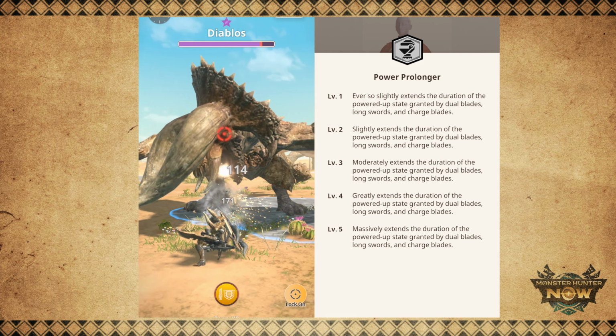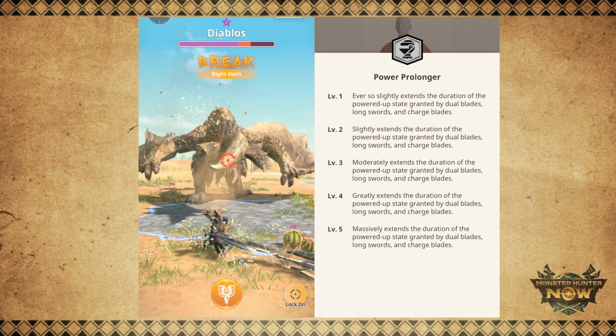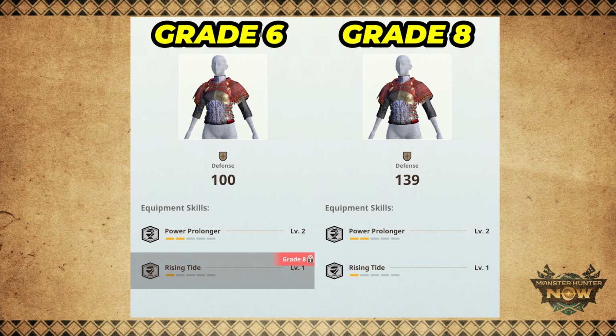So Power Prolonger is a great skill to have for the charge blade and the dual blades, making the Coral Mail a great armor piece to have. It has 2 points of Power Prolonger at grade 6, and at grade 8, it unlocks 1 extra point of Rising Tide. Now, you don't necessarily have to upgrade it all the way to grade 8 and invest Wyvern Gem Shards just for Rising Tide, but nonetheless, it's a nice skill to have